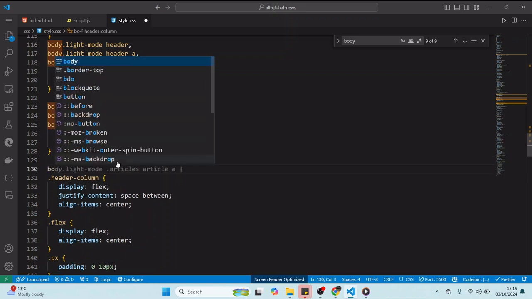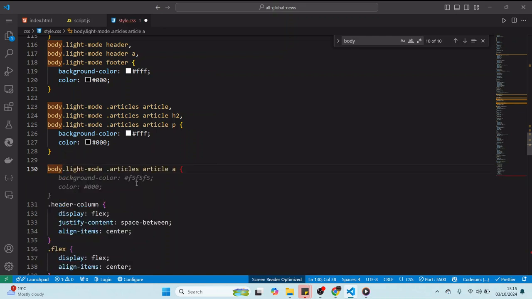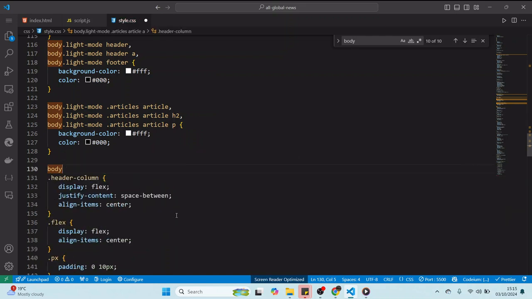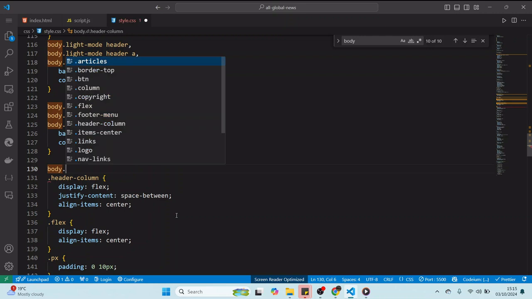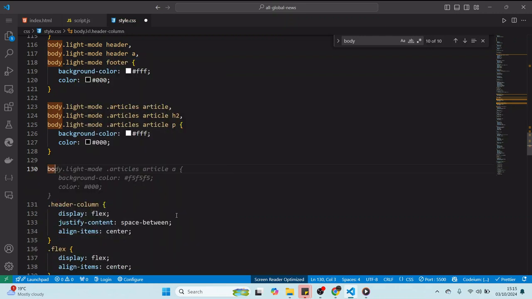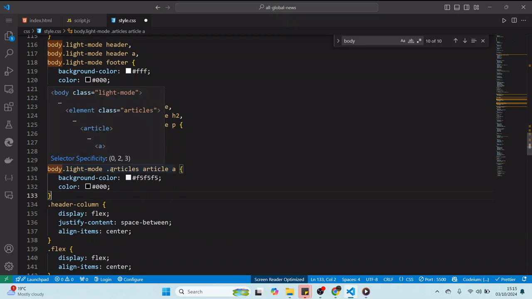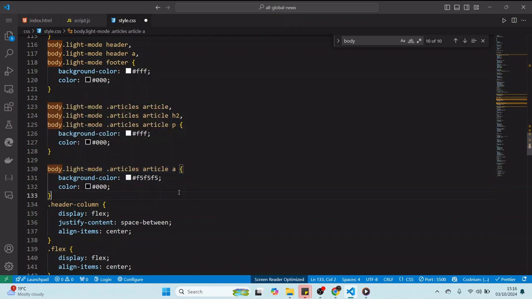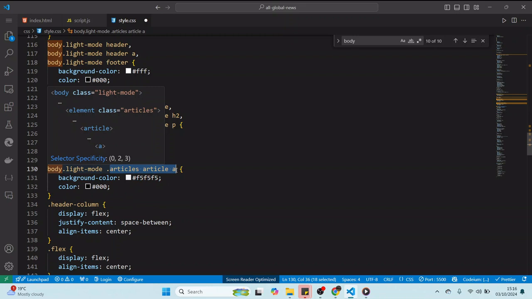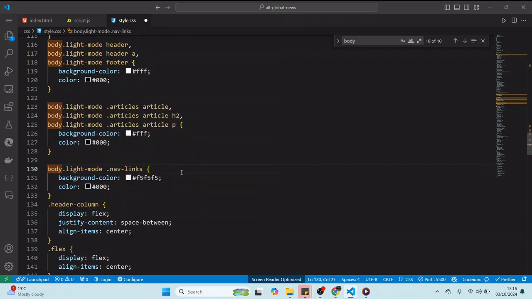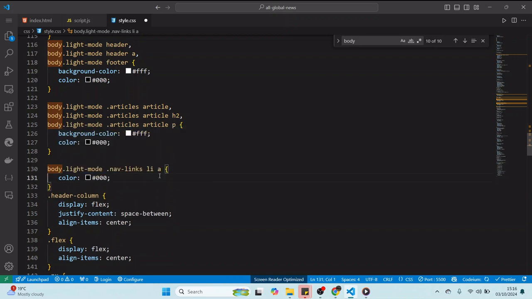Say body. I want to target that body dot light. We want to target the navigation thing. So nav, I'll do navigation links. Nav links, and then list and whatever there. We want to set the color to dark,